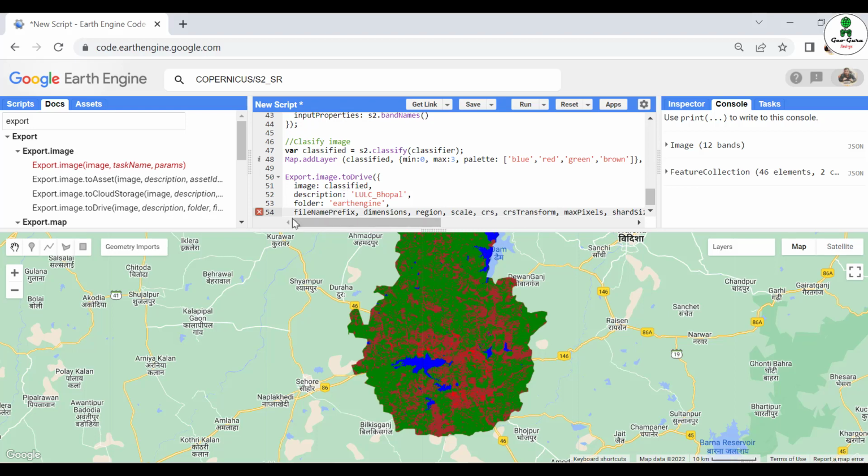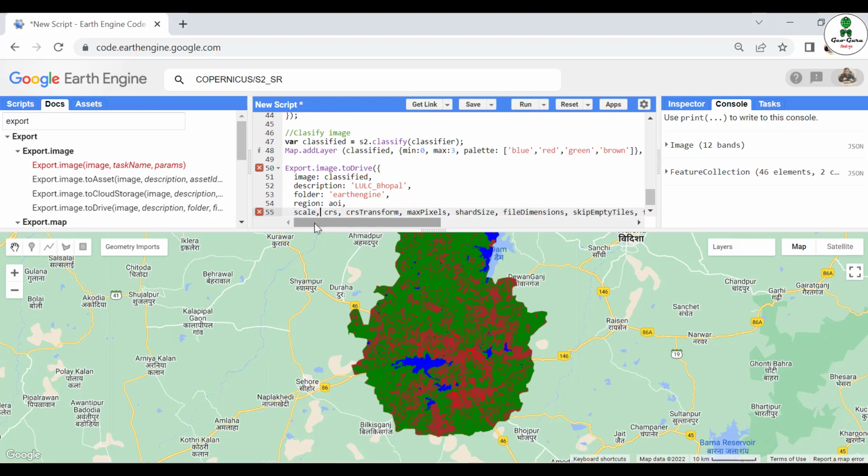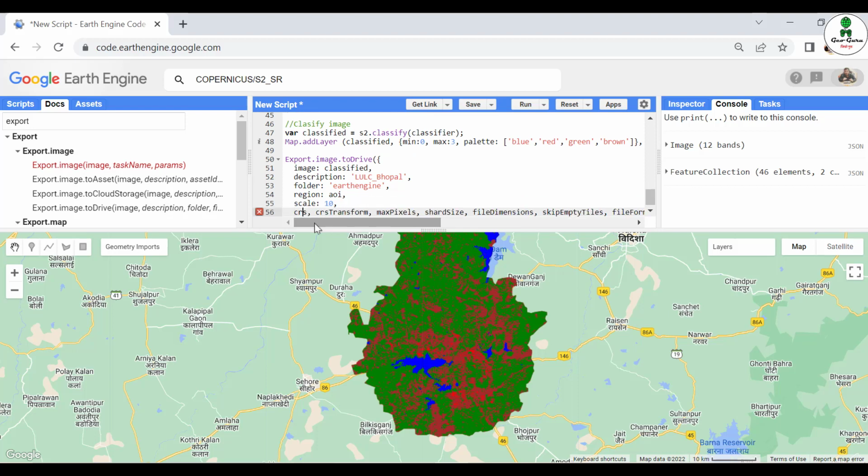Okay, you don't need to give the file name prefix, dimension. Okay, region is also a very important thing, like for which region you want to save. So if you want to just save this particular area, not the whole region, you can define this particular area. Or if you want to save the whole region, just define the AOI or your shapefile. Next thing is the scale. So in this case, we are using the Sentinel data, which is a 10 spatial resolution. CRS, if you don't want to give, there is no problem. Otherwise you have to define like EPSG 4326 or any other thing, and